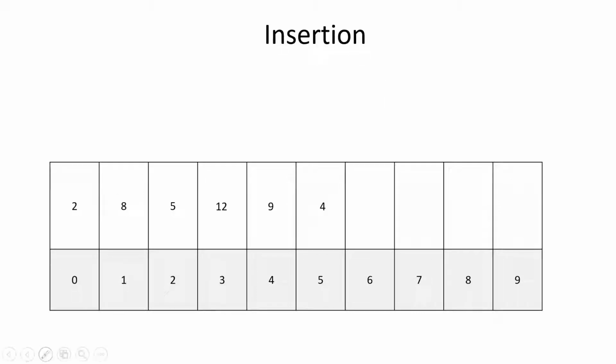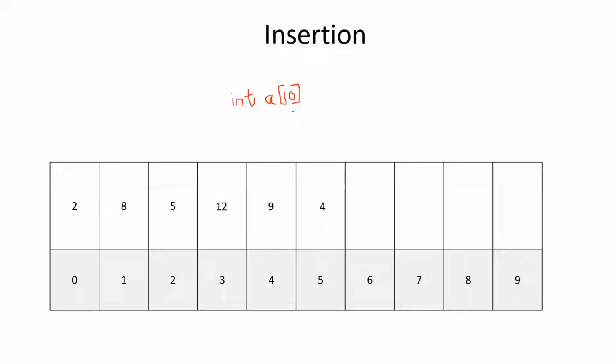We always did, for all sorting programs we were declaring, right? So if it is an integer array, how to declare? We have to give int. What is the name of the array? We are giving it as A. And in square brackets, we have to mention the size, right? If we give it as 10, the size of the array will be 10. That means we will be able to store 10 numbers.